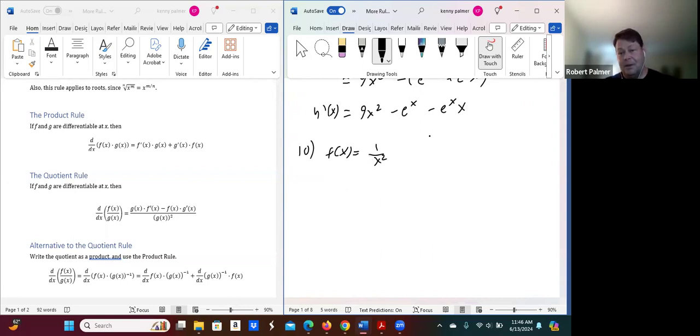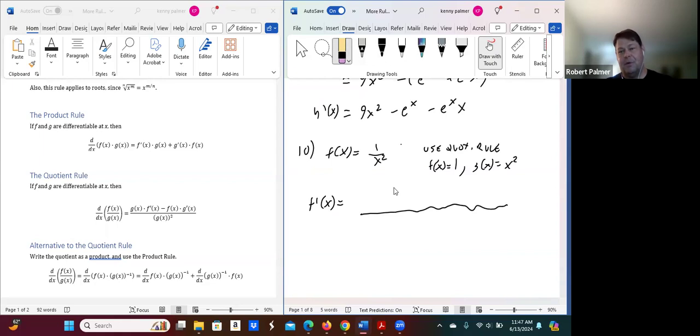So here, this is going to be my top function for the quotient rule. So let's use the quotient rule. So my f of x is going to be 1, and my g of x in the formula is going to be x squared. Okay, now let's see how this works. So f prime, okay, so what it says